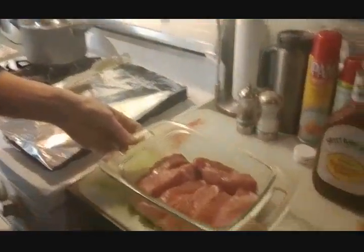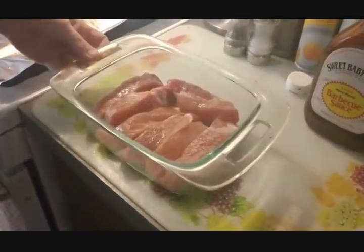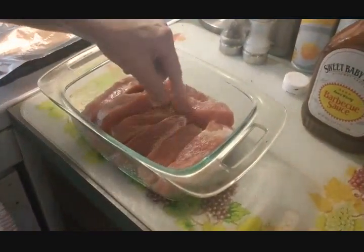Now, we live in a condo here in the city, so we don't have a smoker or a grill in the backyard. But I'm going to show you how you could enjoy that delicious barbecue flavor in a kitchen, in the oven. Okay? We're going to start with some boneless pork country ribs, which is a really good,